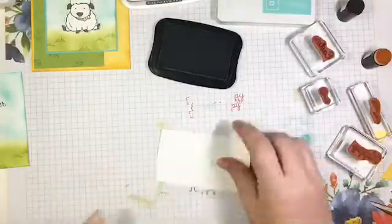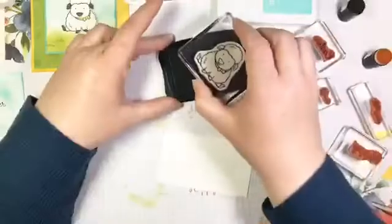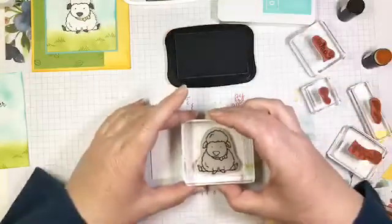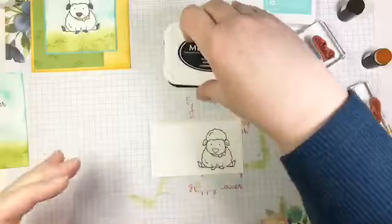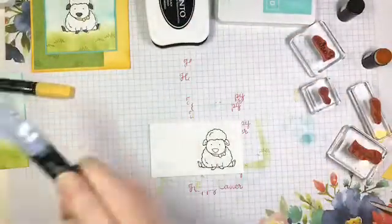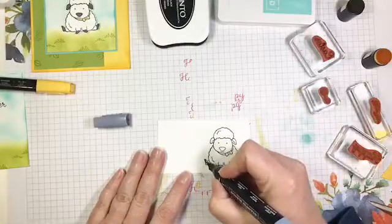So here I have a scrap of white cardstock, and we are going to stamp our little lammy in Memento black. And the reason I'm using Memento black for him, not only is it my go-to black, but it's also the one that you need to use for coloring with Stampin' Blends. Now, I tried to resist. I could have left him all white, but I decided he really, really needed to have black ears and black feet. So I brought in my light black Stampin' Blends, and I colored his little feet,